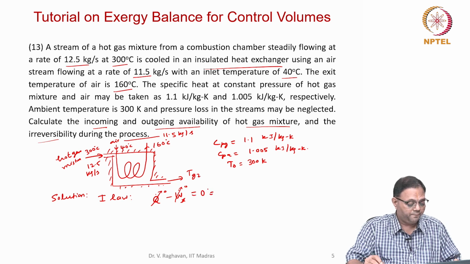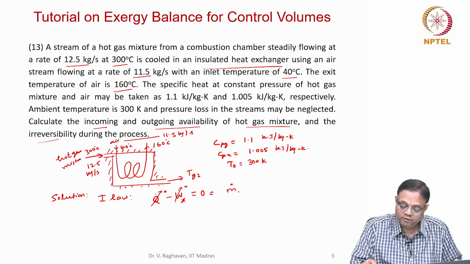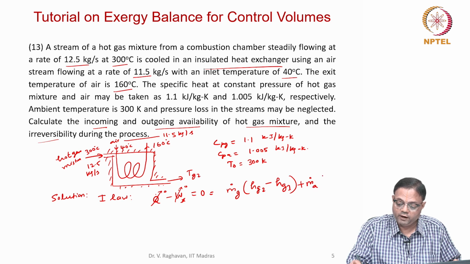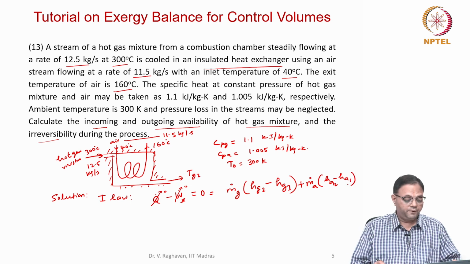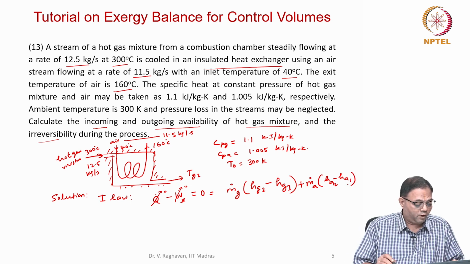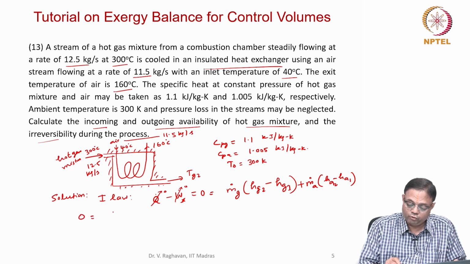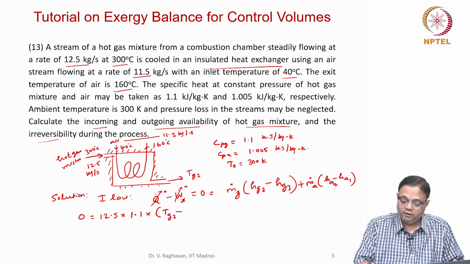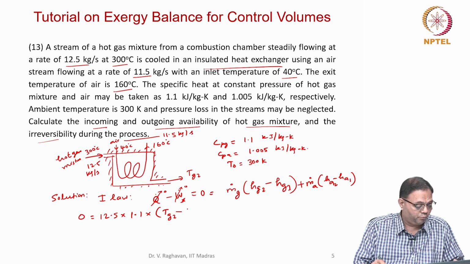So that will be equal to, again for the gas, if the mass flow rate is m dot g, with outgoing specific enthalpy Hg2 minus Hg1, plus m dot A into HA2 minus HA1. So this is the first law. I can write 0 equal to, for the gases 12.5 into Cp value 1.1 into Tg2 minus, it is coming in at 300 degrees centigrade, so I can put that value 300,